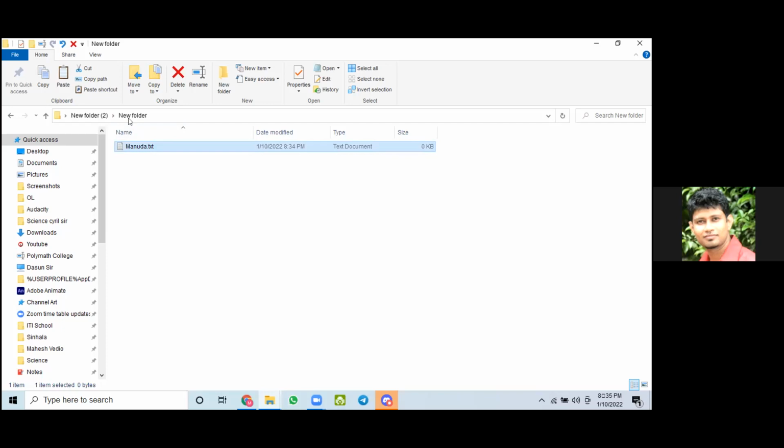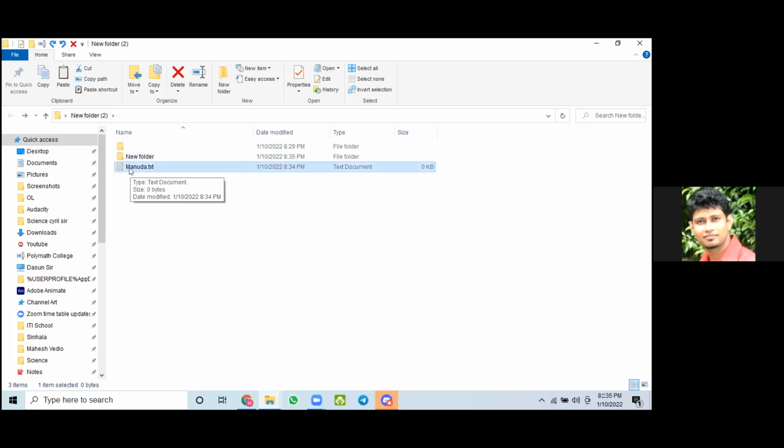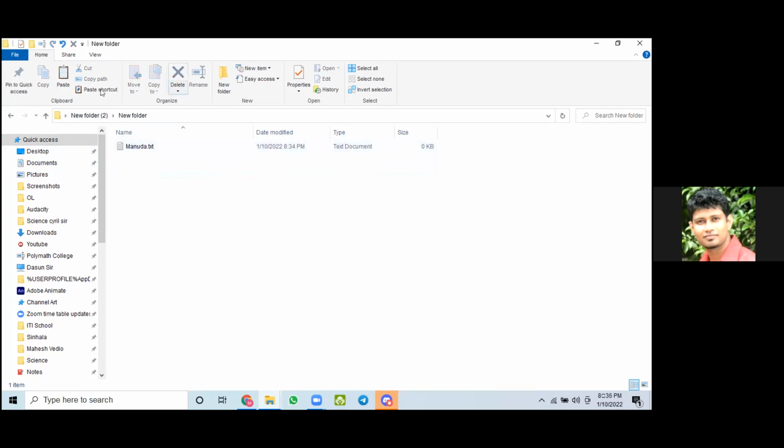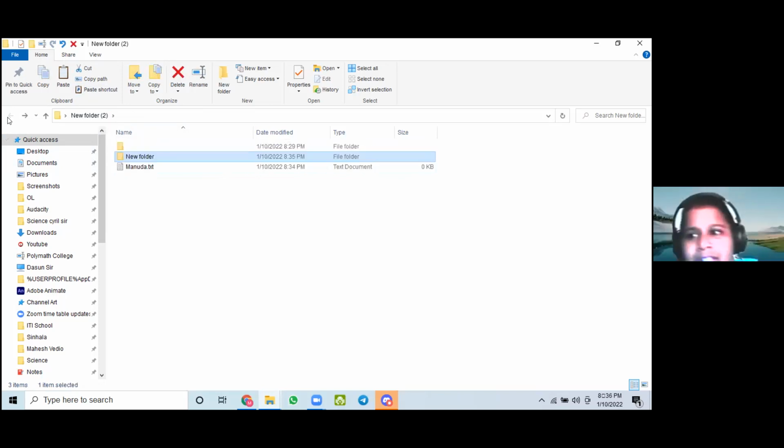Yeah, that is not copy, Manudar. What you did is move. That is cut and paste. How do you do copy? Yes, copy is okay. How to move? Take a copy. When you move, you have to press the, what is it? You have to press the Control key and move. While pressing the Control key, if you can click and move the file, then you'll get a copy. So what is the short way? If you press the Control key and move something, you will get a copy.